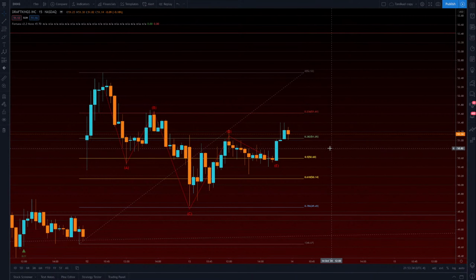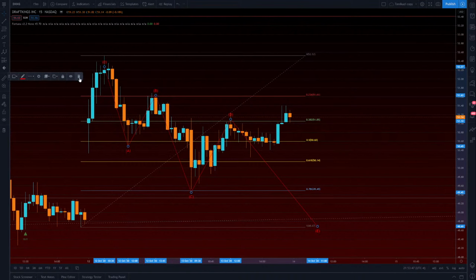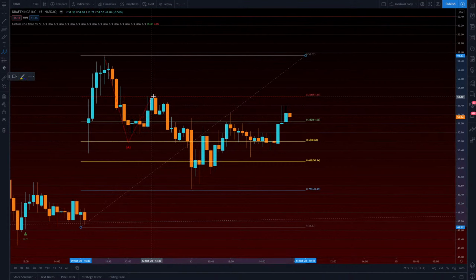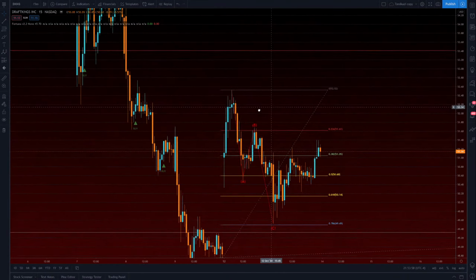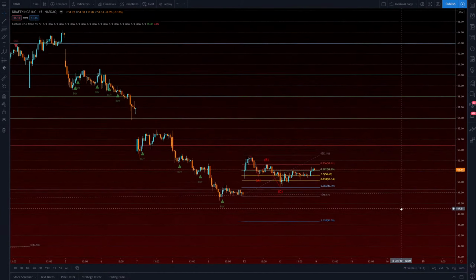So there's your move there. Actually, in theory, this should have been down here, which then leads me to believe that that's not the 5 move, it's a 3 move. So it's probably a 3 move, which then means we're potentially starting our way back up. So then, if we're charting our way back up,